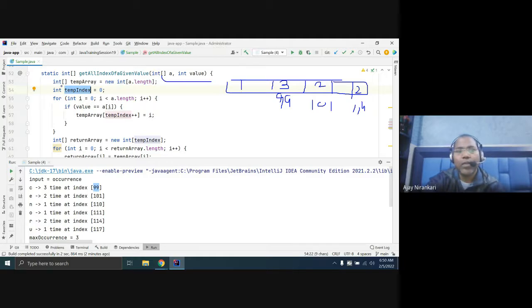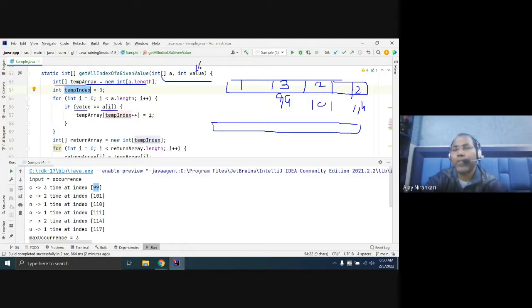Here I am creating a new temp array, another array. I am going to compare this value and match it with whatever value is passed here. The first time I pass 3. So the first value 0 does not match, the second value 0 does not match. Once you reach the 99 position, a of 99, you are getting a 3. 3 matches with the value, right?